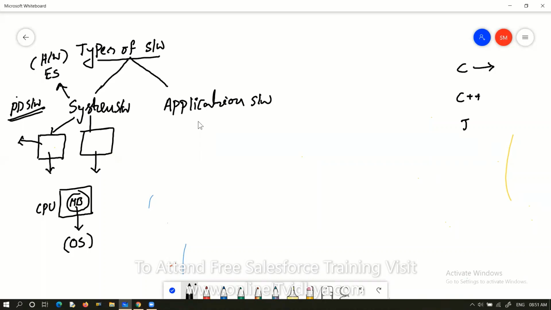Next. So finally, the definition is: if any software is developed for a hardware device, it is known as system software. Generally, C and C++ are the most used languages to develop system software. Still in the market, these are there.